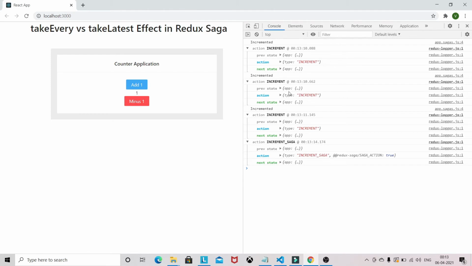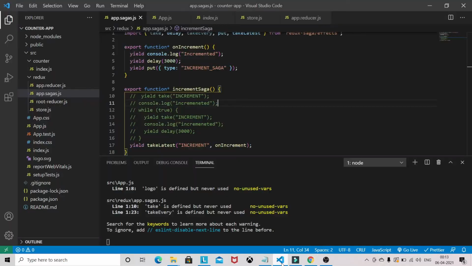But I am still getting this console log because this first yield statement is still synchronous, and on increment is still spawning a new saga every time we click.